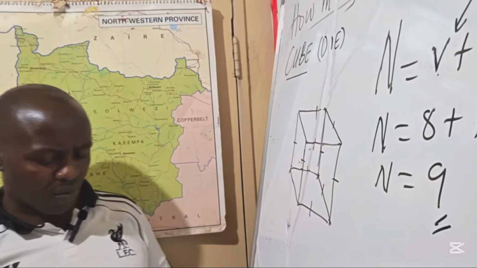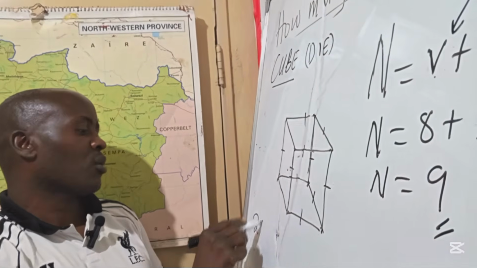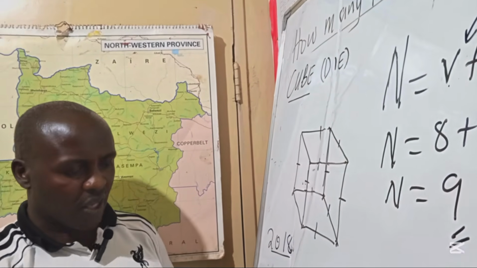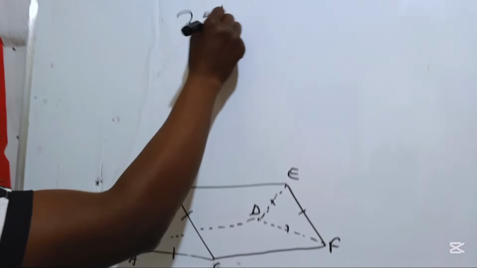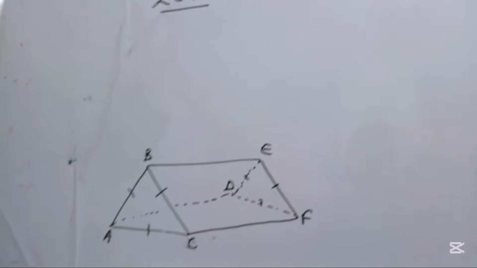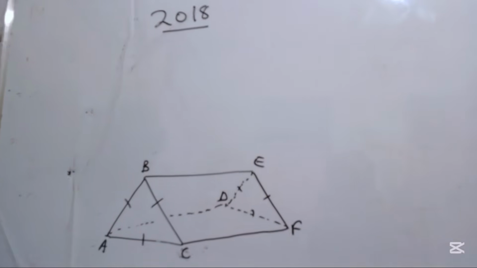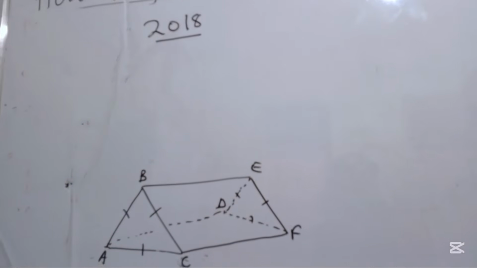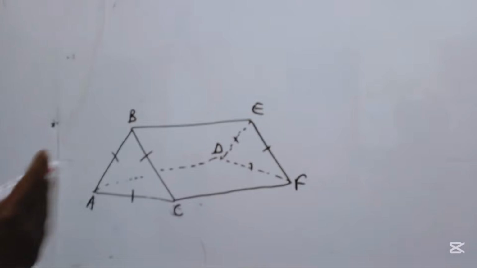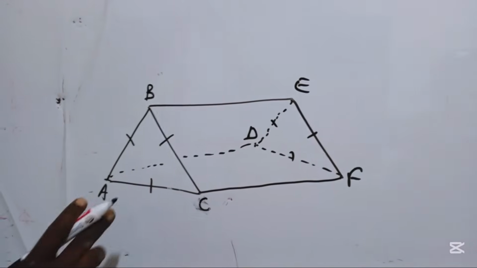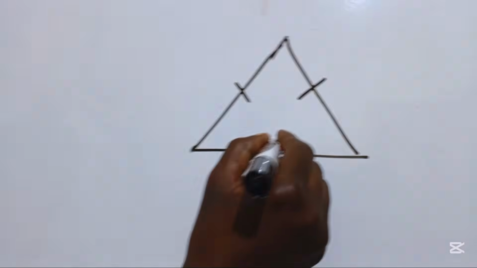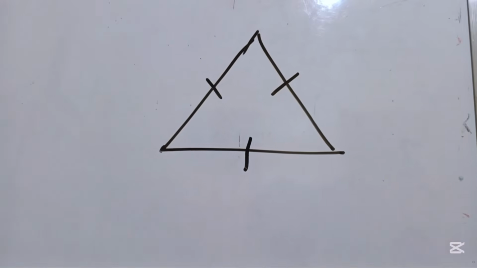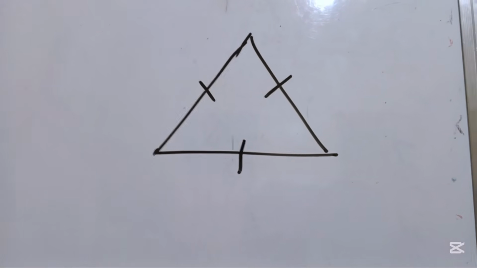We'll look at the one which came in 2018, where they have given you this question. This is 2018, ladies and gentlemen, the school certificate. Mind you, you just have to take one face, one plane, the first part like triangle ABC. If you look at triangle ABC, ladies and gentlemen, it is an equilateral triangle. All sides are equal. So if we say how many planes of symmetry,